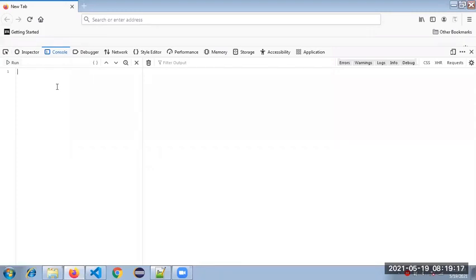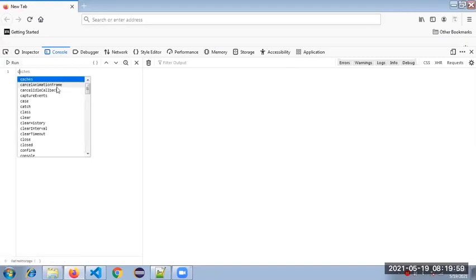Yes, System.out.println. In C, C++, what do we use? In PHP, yes, exactly, echo. So in JavaScript, what? See how many existing functions and methods are coming when I type it.